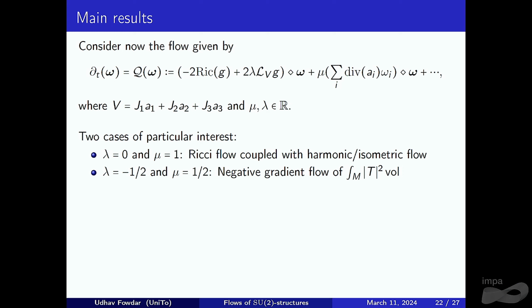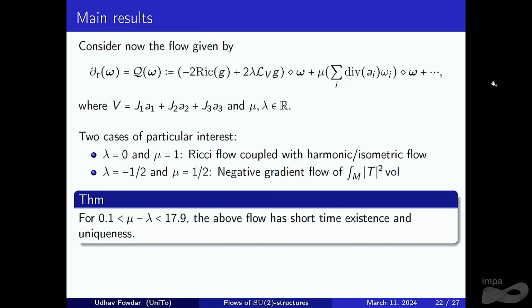And I'm only going to look at the highest order term. Okay, so dot, dot, dot here means lower order terms. I'm just going to ignore these. And our main result for the time being says that if the difference between this mu and lambda lies in a certain range, like so, 0.1 is not an exact value, it's some decimal thing, but I've just approximated that. If it lies in a certain range of values, then the above flow will have short-time existence